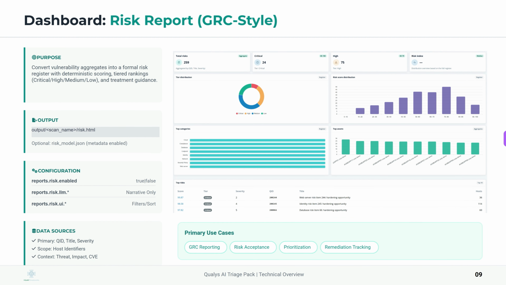Next is the risk report, GRC-style. This dashboard is designed to translate vulnerability data into a formal risk register using deterministic scoring and tiered rankings, typically critical, high, medium, and low, with clear treatment guidance. Instead of discussing a list of vulns, you're now discussing risk items, aggregated, normalized, and prioritized in a way that's consistent with governance workflows. At the top, you get the overall counts, total risks, how many are critical and high,